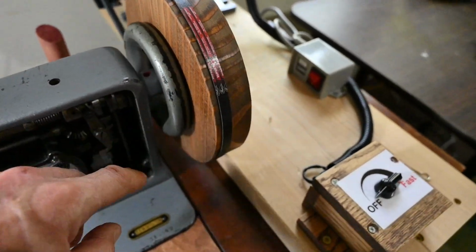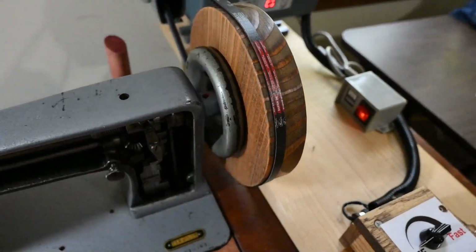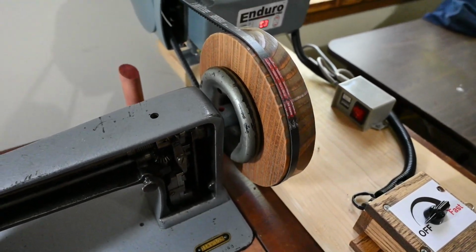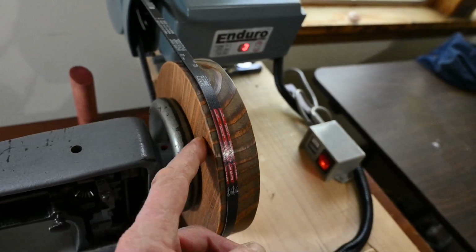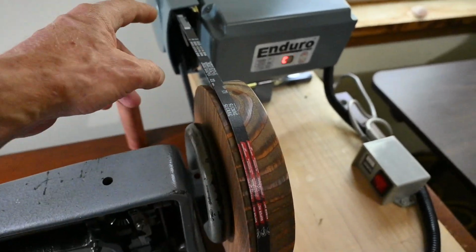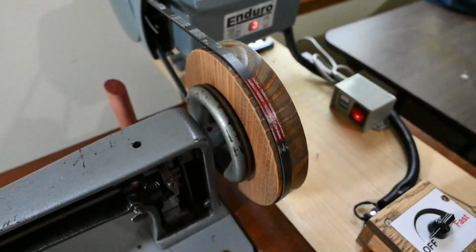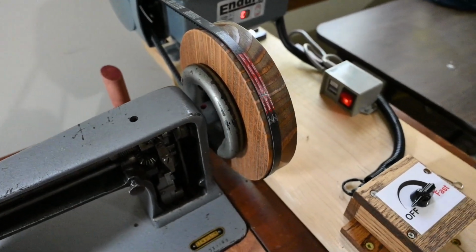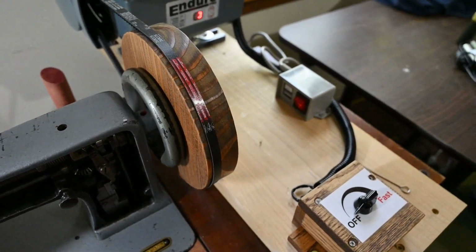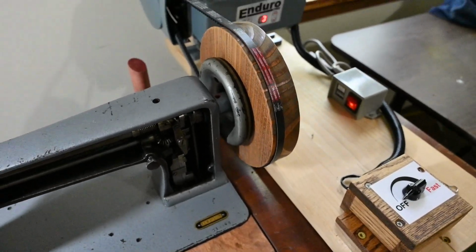You can't even see it. The largest one is underneath this wooden thing, and then there's a smaller one, but the largest one is only 3 or 4 inches in diameter. This is a 7.5 inch or so diameter, which is great because I'm using a very small diameter on the motor and a large diameter on this, and it gives me about as slow as I can get. I can make this wheel a little bit bigger, but anyway, the idea here is that